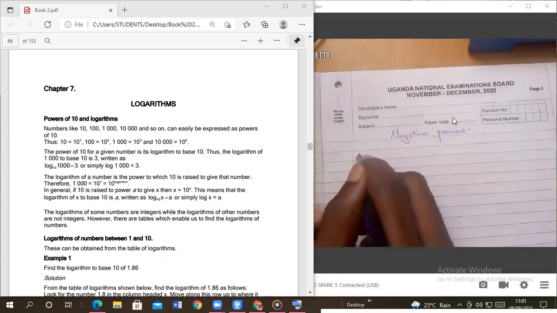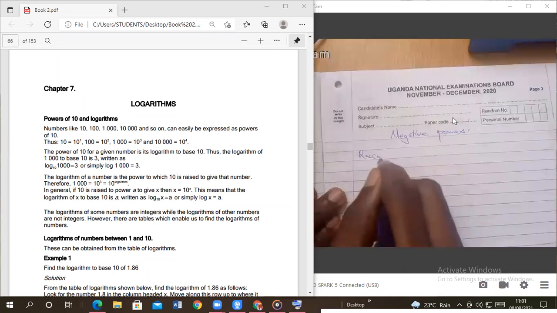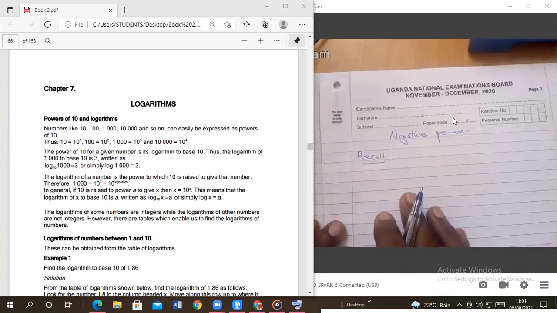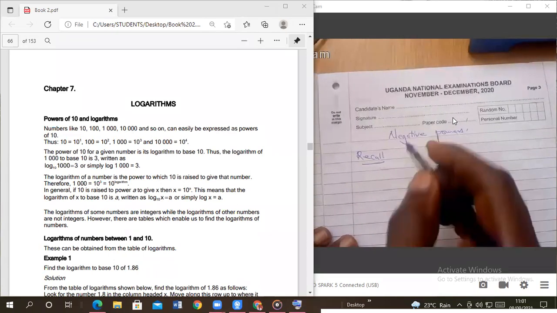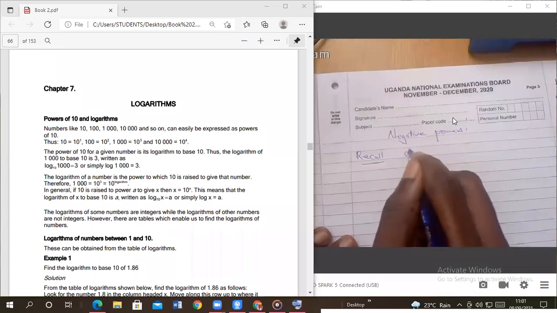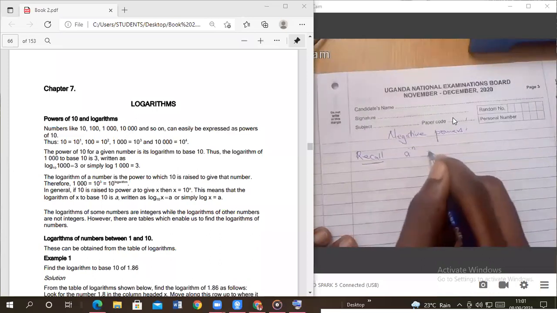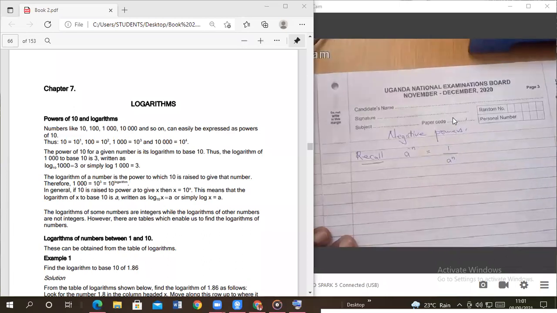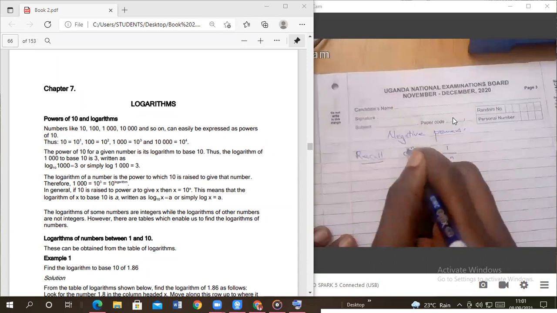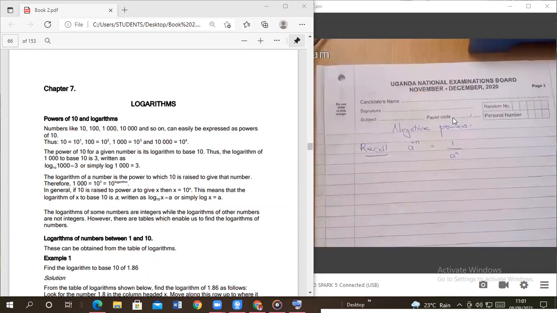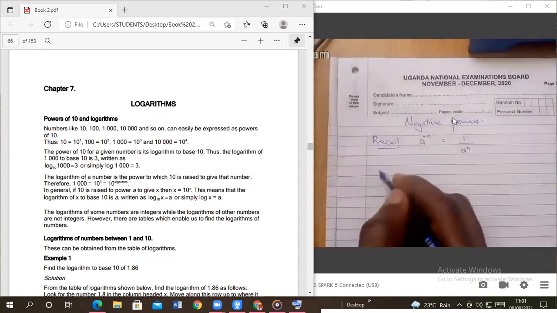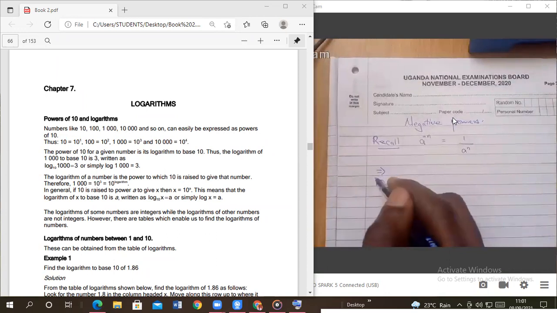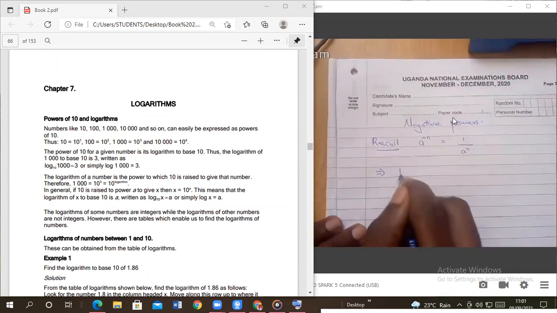If you recall from our indices, I said if I have A to the power negative n, we can write it as 1 over A to the power n. Do you remember that, members? Yes. From our indices, it implies also, if I have 10 to the power negative 1,